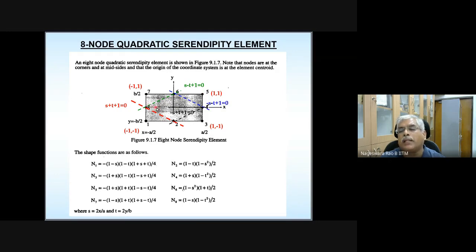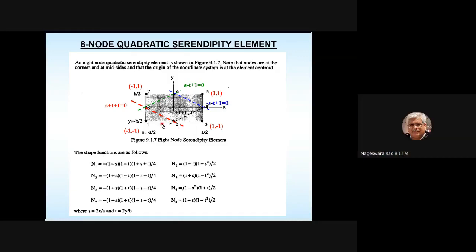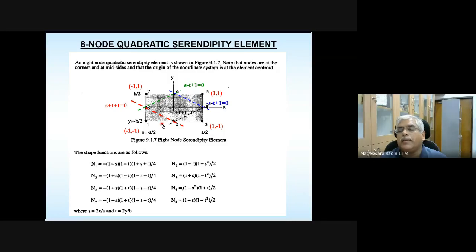You can see here how the coordinate system is defined. This is the x-axis, this is the y-axis, and here this element has one dimension a, and another dimension is b. So please take a note of this element. And this rectangular element, I want to